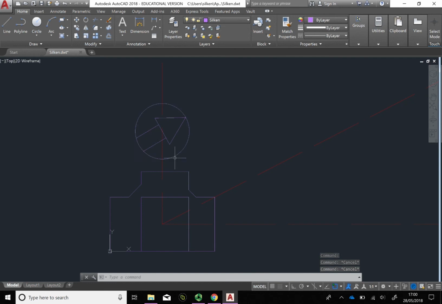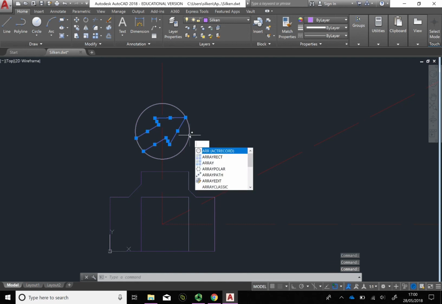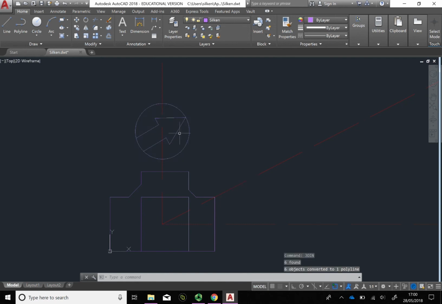So I'm going to join. What I'm going to do is move that back so it's a proper arrow, and I'm going to click on all the arrow elements, and I'm going to join them together so they're actually one big arrow. Oh, not quite. Join. There you go, done. Okay, so have a little play, see how we